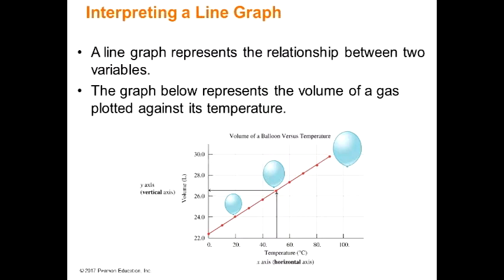Here on the volume, we have the volume on this axis. We have temperature on this axis. Means that we would have one set of coordinates here on what's called the y. We have one set of coordinates here on the x. So this is your x, y that you've been seeing in math. X, comma, y. On the x-axis is temperature, the question would be, at what volume would the balloon be if the temperature was